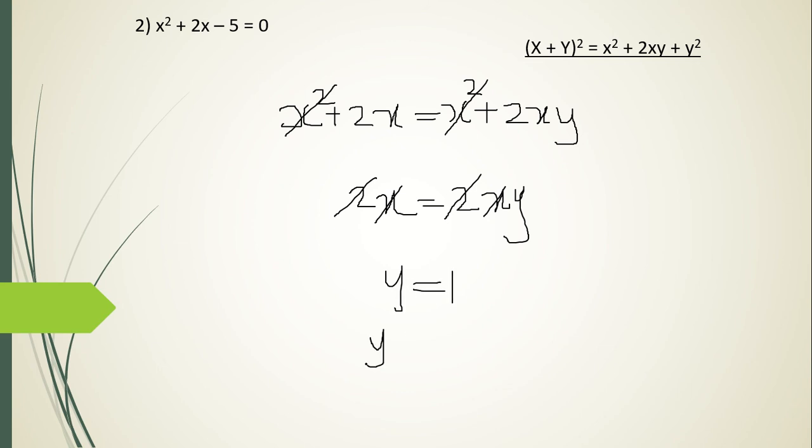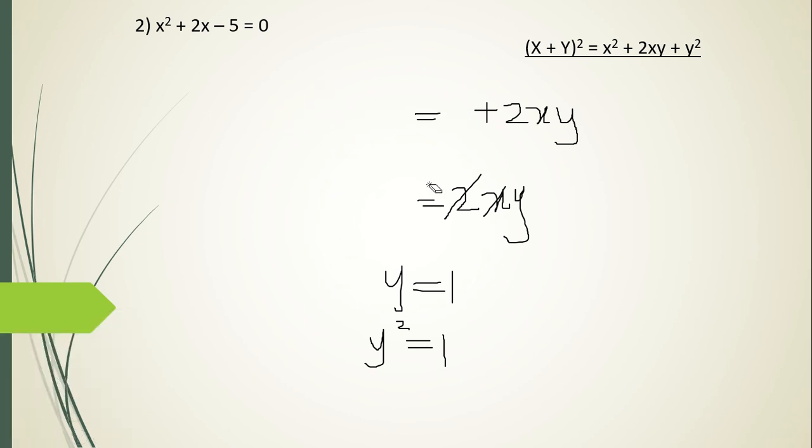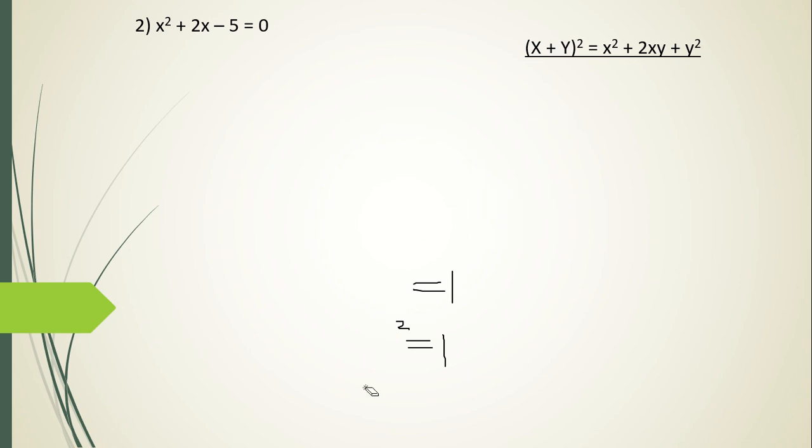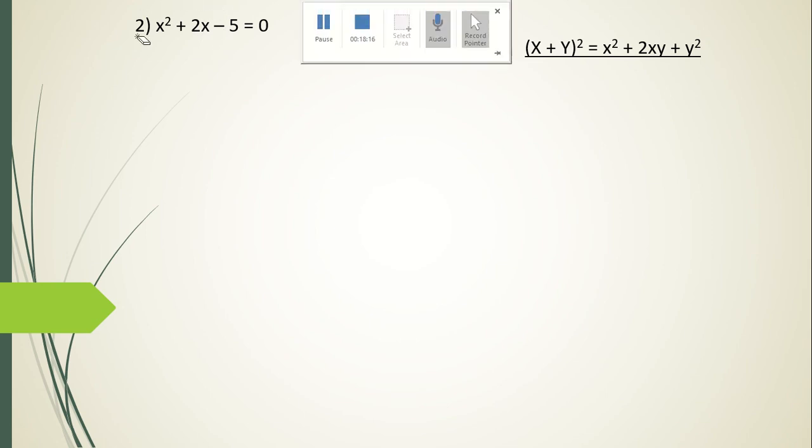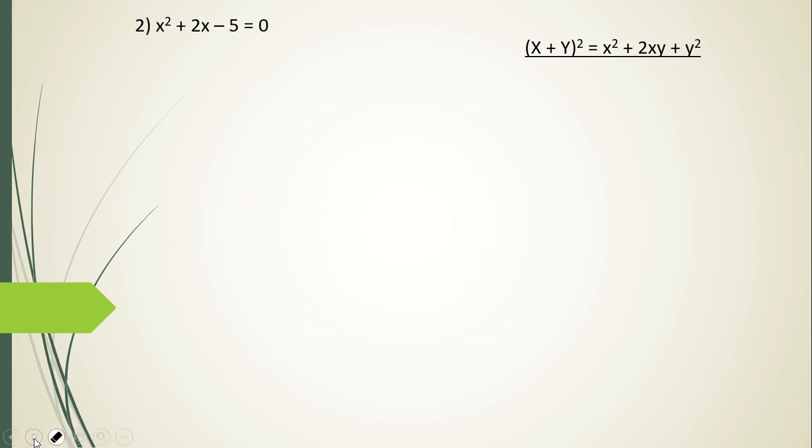And hence y square also will be equal to 1. So we got the y square term. The y square term is 1. So we have to add 1 and subtract 1. That is the square term. And when we add 1, we will be completing the square. Remember the name of the method, completing the square method. So that is why we are adding 1 here and we are completing the square. When you add 1 here, that x square plus 2x plus 1 will be the perfect square trinomial.